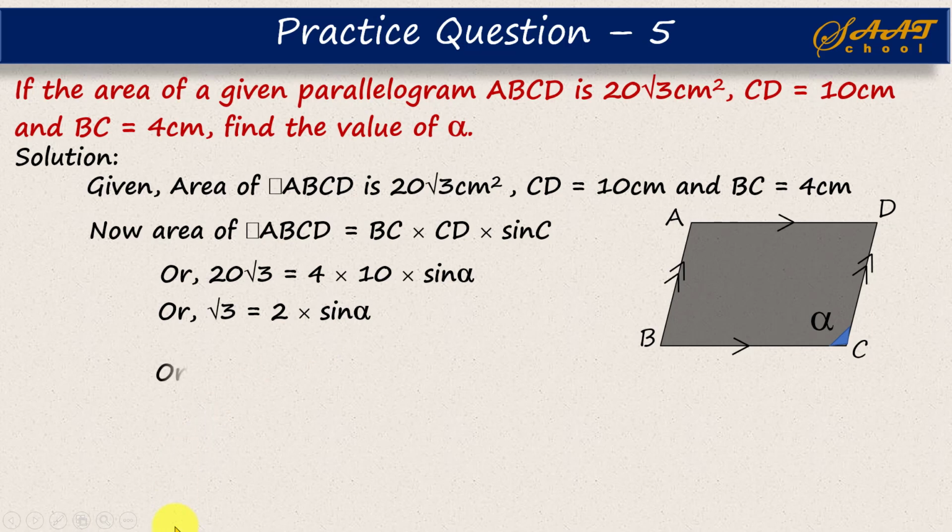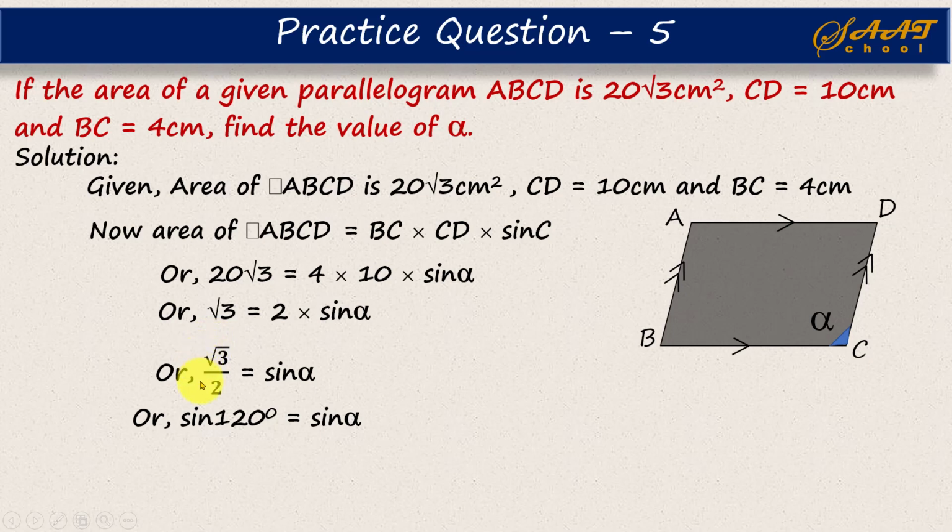Next, you have to divide this square root of 3 by 2, and now we have square root of 3 divided by 2. The point to remember here is we have to identify whether this angle is an acute angle or an obtuse angle. Here in this case, this is the obtuse angle. As we discussed earlier, we have values for the acute angle as well as the obtuse angle. Now for this, we have to use the obtuse angle, where this equals sine 120 degree.